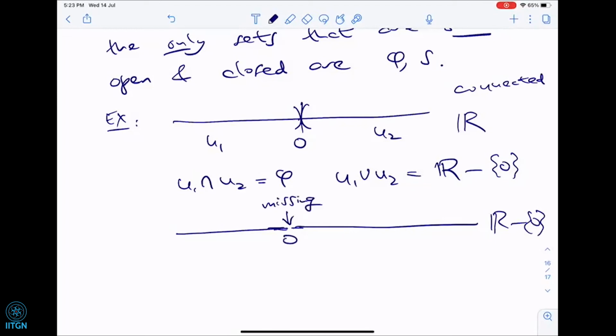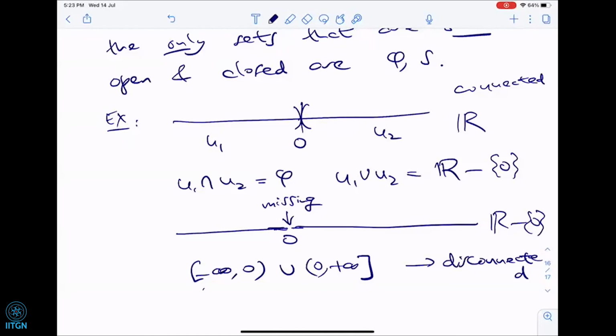Right? And it is actually the union of (minus infinity, 0), which is an open set, union (0, plus infinity). So it's disconnected. This is good because the real line minus a point has fallen apart into two parts. So it's disconnected. There's no continuous way to get from one to the other because there's a point that's just not there. And the topology definition works because this disconnected space can be written as a union of disjoint open sets, but the